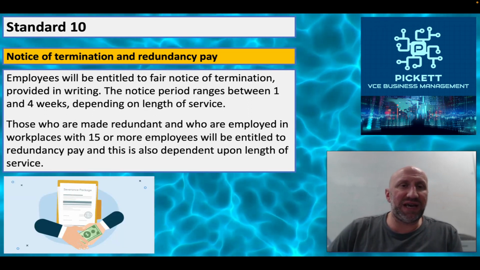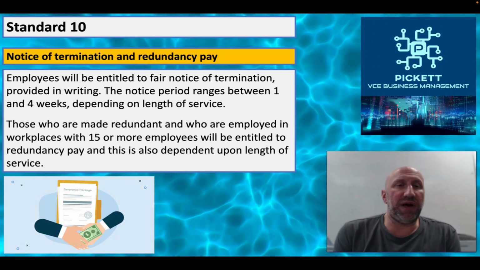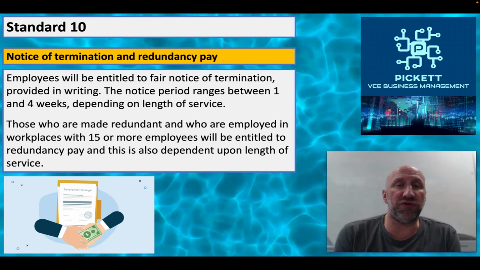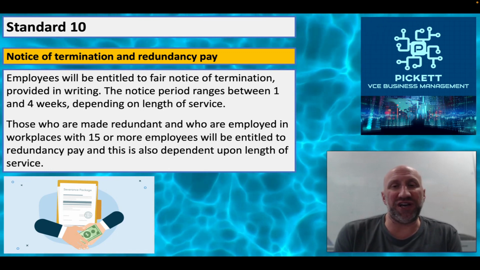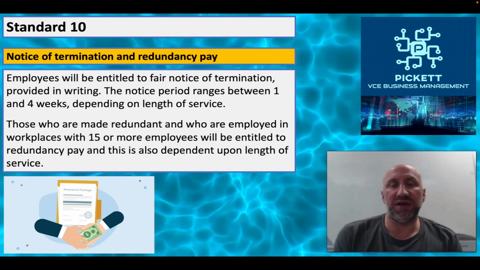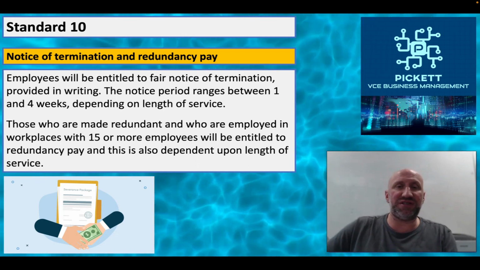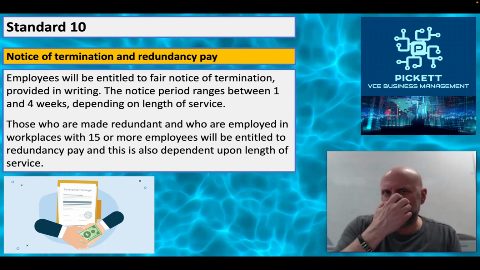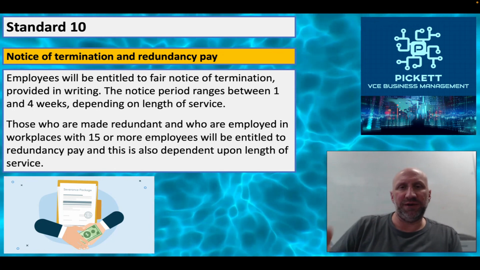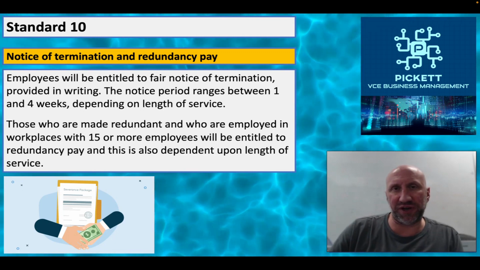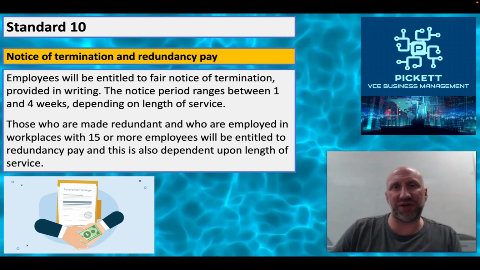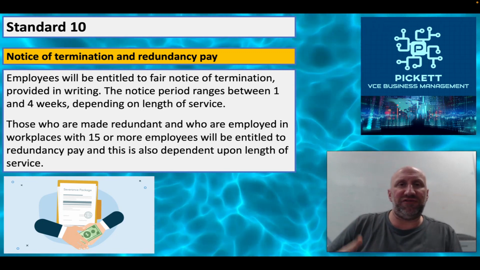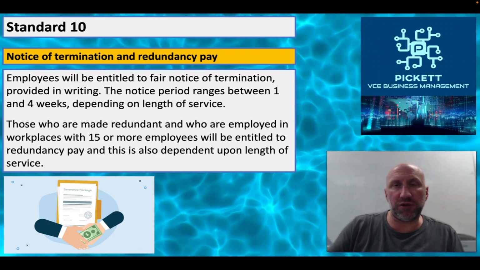Okay, moving on, standard 10, notice for termination and redundancy pay. Employees are entitled to fair notice of termination provided in writing, and that notice period ranges between 1 and 4 weeks, depending on length of service. Usually the way this works, with most businesses, and the expectation, is that the notice period you provide would be linked to your pay cycle. So in other words, what I mean is if you're paid weekly, you should give 1 week's notice